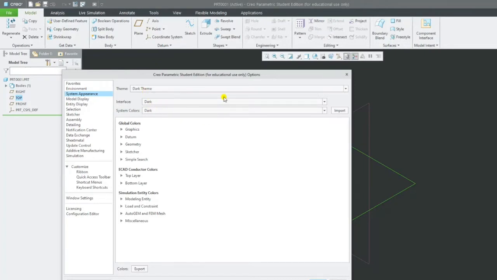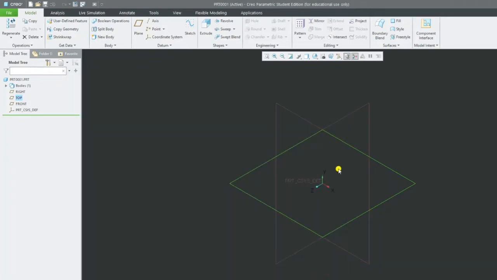This option is used basically because we are using it for a long time, so our eyes may not get strained. If you look at a very wide screen for a long time, because of radiation, our eyes may become very strained. So when you're using it for a long time, it's advisable to go for the dark theme. Once you click on OK, now it's set to dark theme. You can see it's very clear and visible.